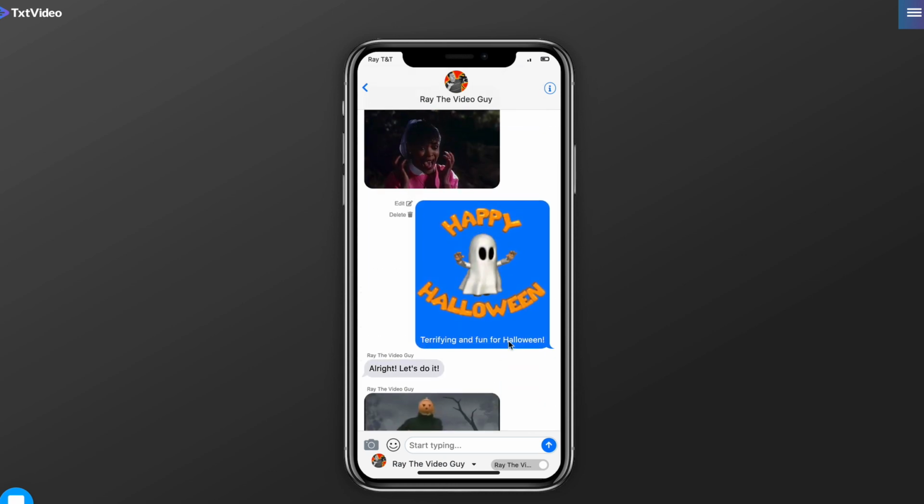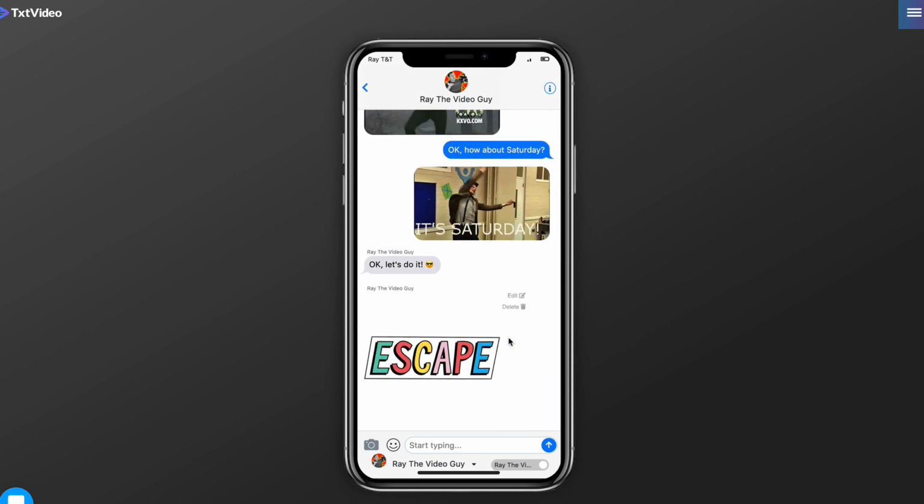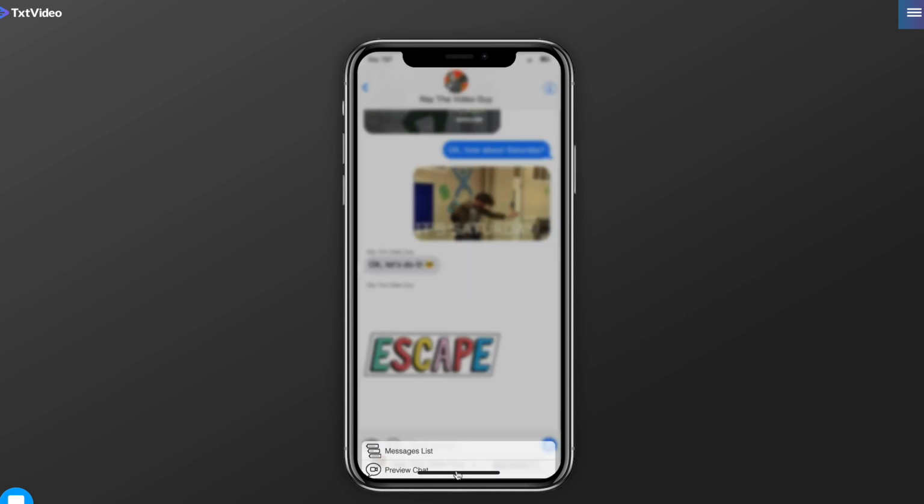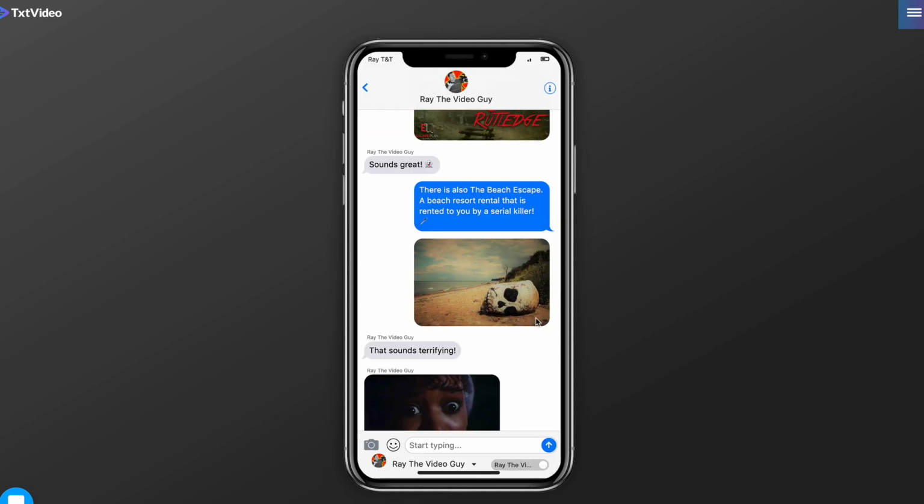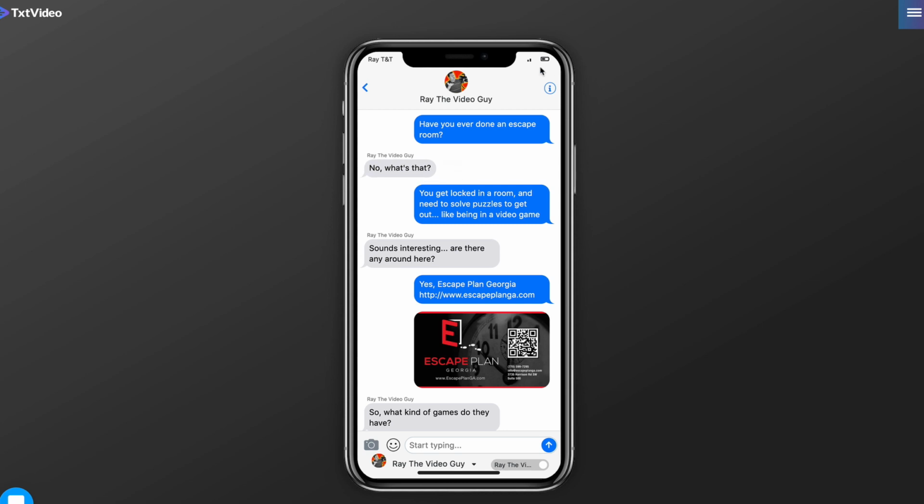And so now our conversation is all put together with all of these different things in here. And once we're done with that, just like before, we would hit the preview chat button, and then we would download it if we liked the video. But rather than do that, let's look at some of the other options that we have in here. So this right now is an iOS style messages